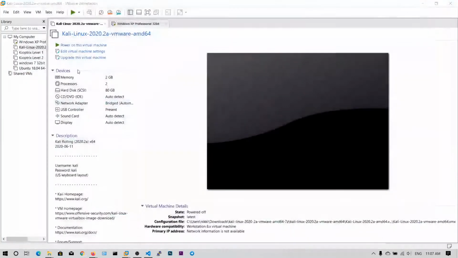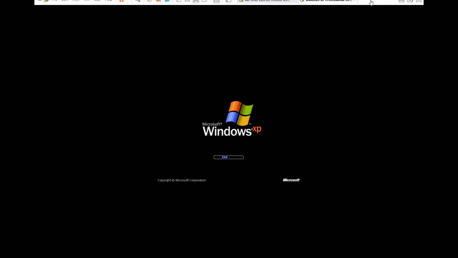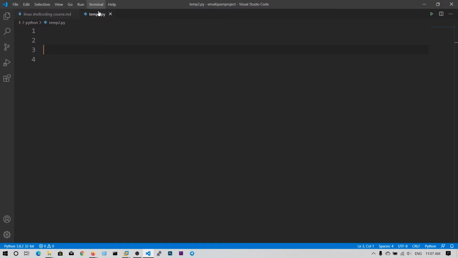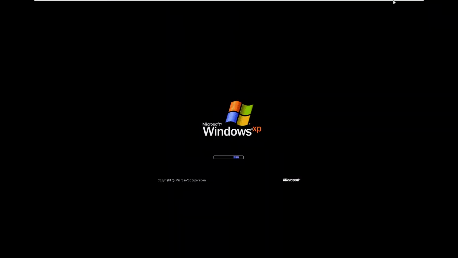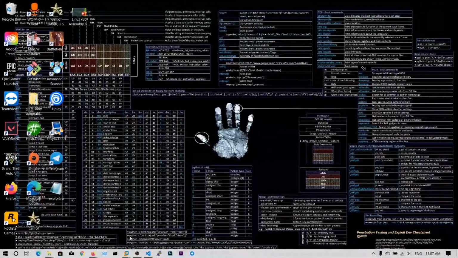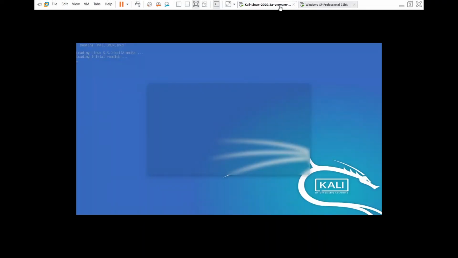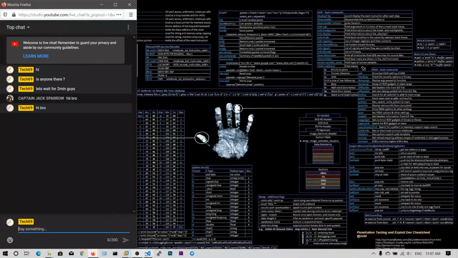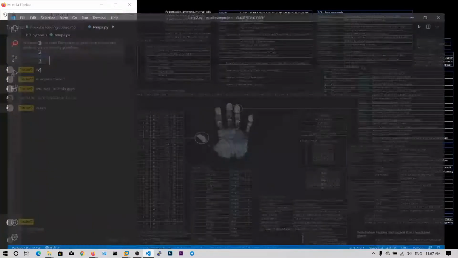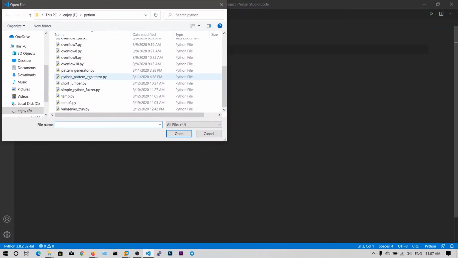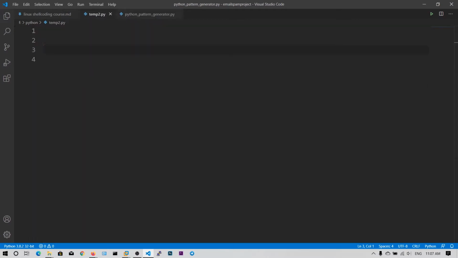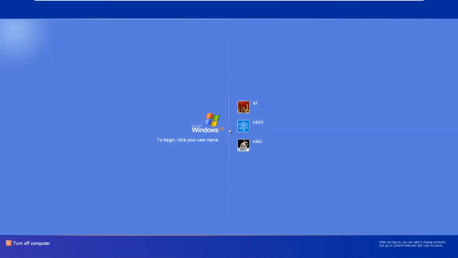And at the same time, I'm going to start my Kali Linux virtual machine. So guys, now my Windows XP has been turned on.